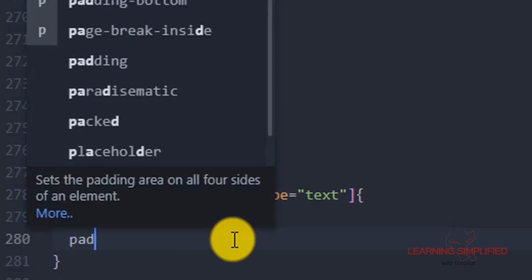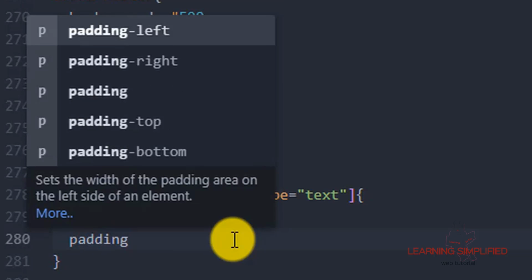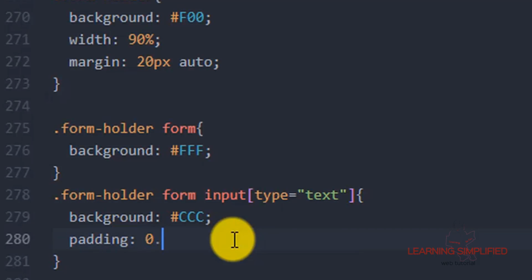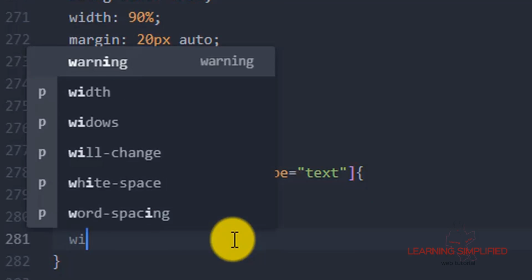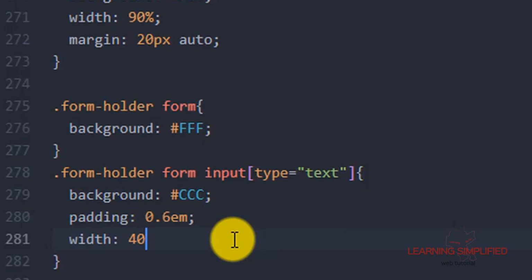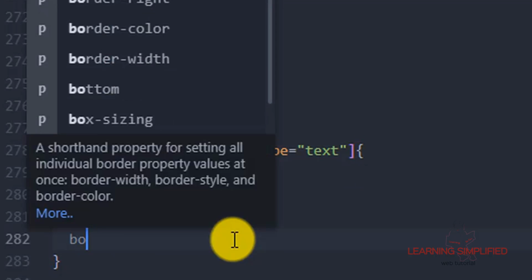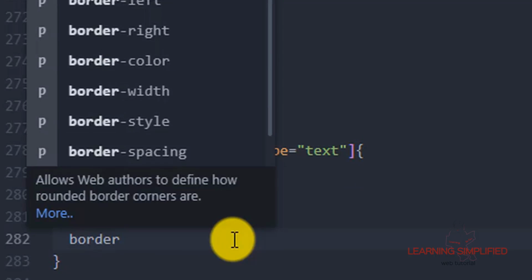It will have a padding property of 0.6 cm, and a width of, say, 40%. And on the other hand, there shouldn't be any border.